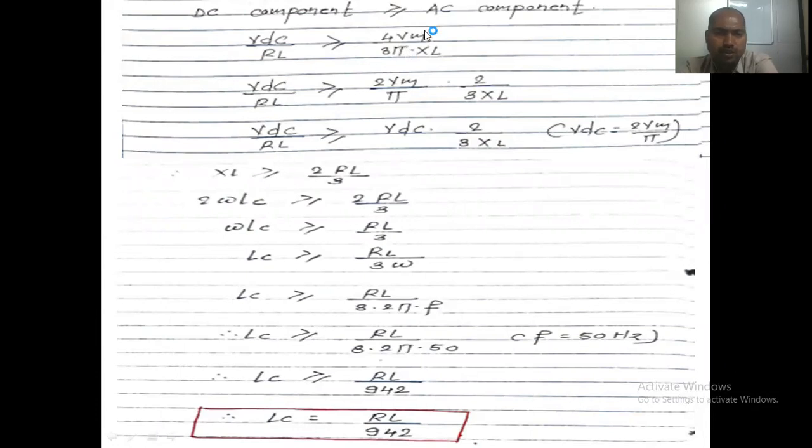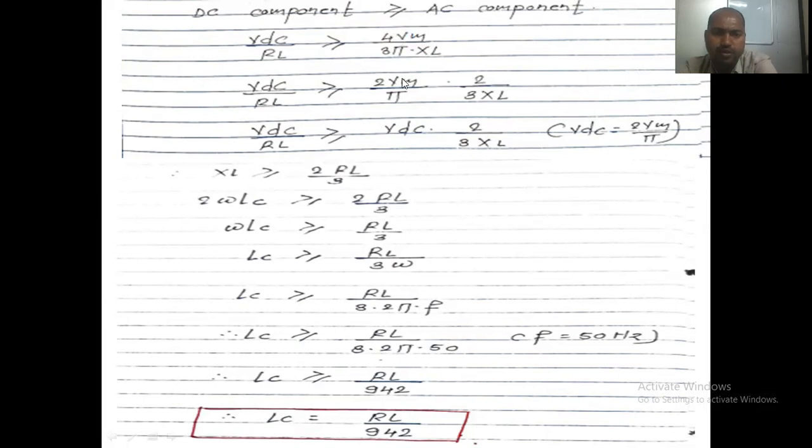Now for the formula VDC by RL, we have to separate out something. The 2 is taken over here, so the remaining is twice Vm.